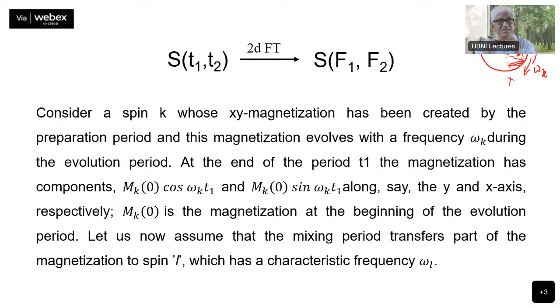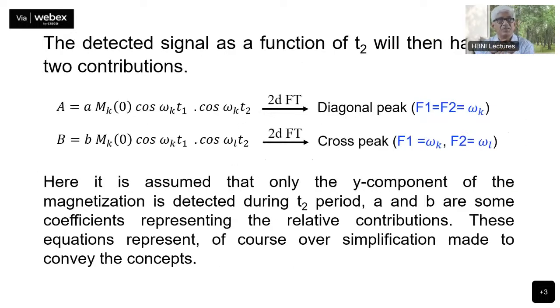Now the next is the mixing. What does the mixing do? Mixing transfers part of this magnetization to the L spin. This we said mixing does that job. This can be one pulse or many pulses or whatever. And it is a transfer of perturbation. It transfers part of it to L spin. Then what you get is, some of it remains with the K spin, some of it goes to the L spin. So therefore, when I collect the data along the T2 axis, the detected signal as